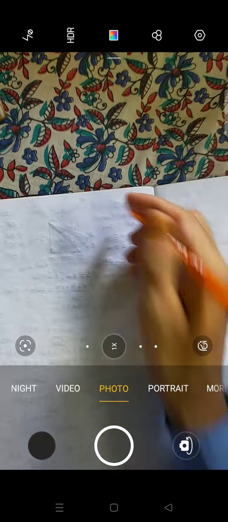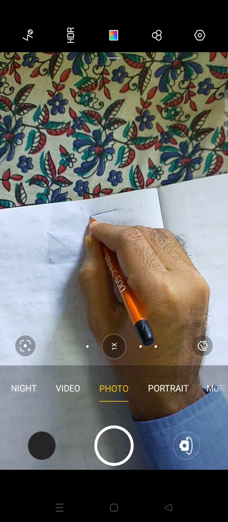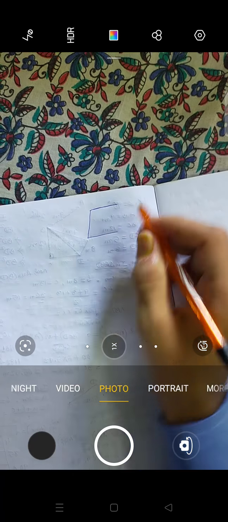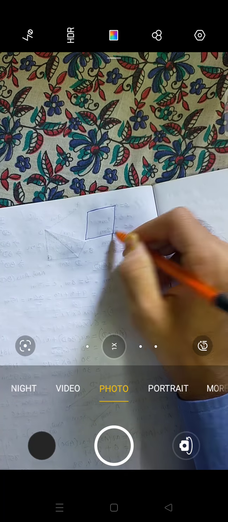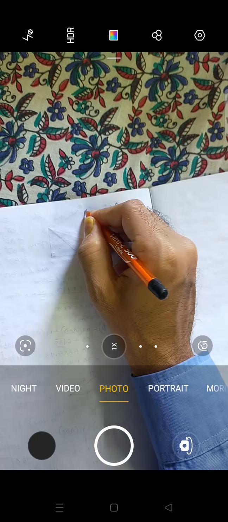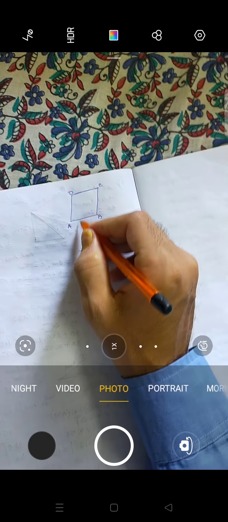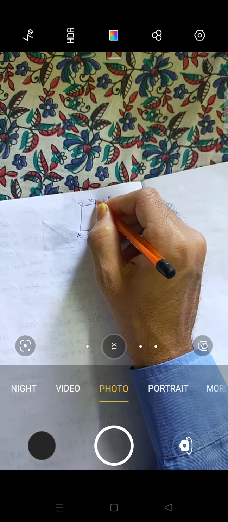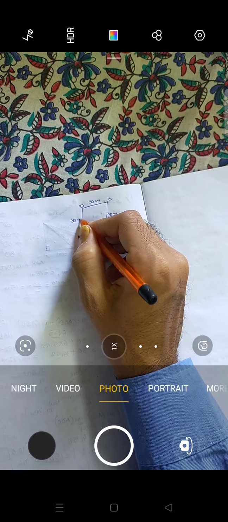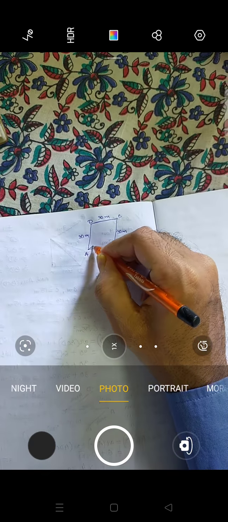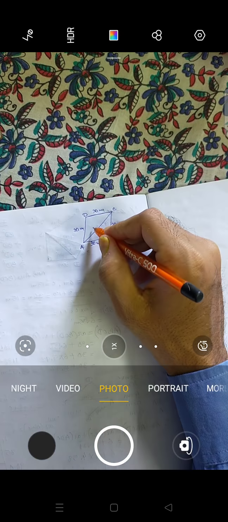So what we will do, we'll draw a rhombus. Rhombus means like a parallelogram, but all sides are the same, and the angles are not 90 degrees. Let us suppose this is a rhombus ABCD. Each side of the rhombus is 30 meter. That means this is 30 meter, 30 meter, 30 meter and this is also 30 meter. And the bigger diagonal, this is the smaller one, so I will draw this one. This is 48 meter.